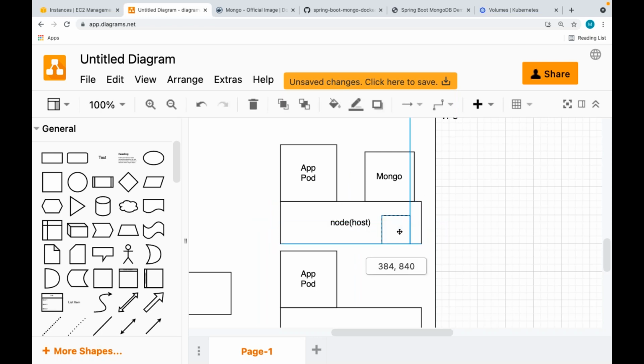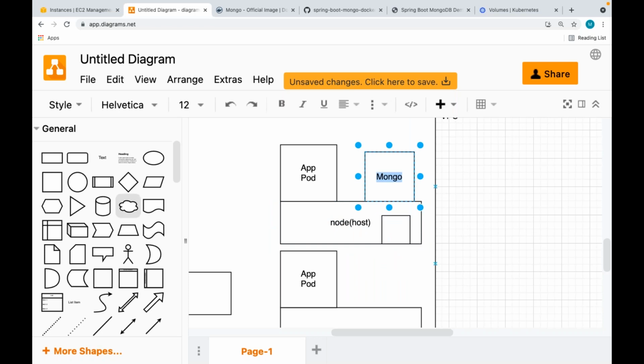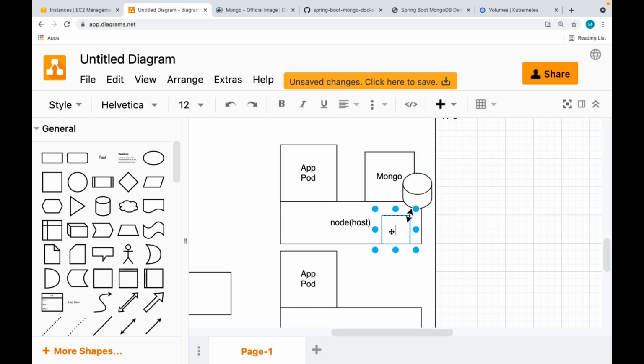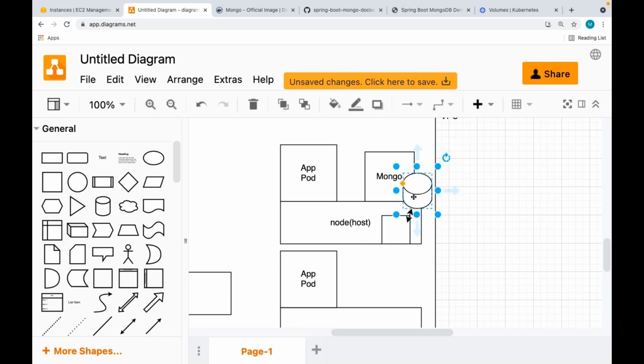Now, the hostPath volume is something like this. Your pod can use your host file system, your server file system, kind of like local volumes in Docker. So this is hostPath. Any directory, any path from the server, we can mount with the pod.